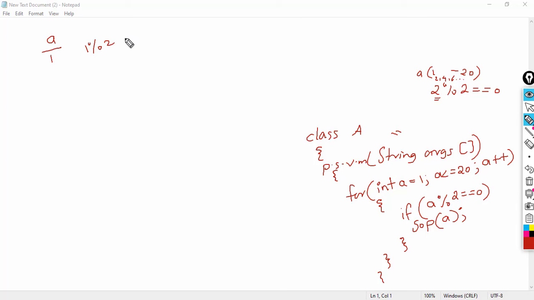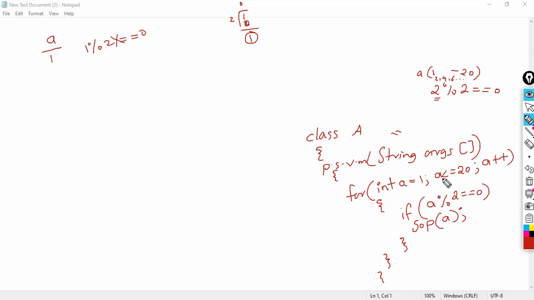What is the remainder of 1 modulus 2? That will be a non-zero value. We can check: the remainder is 1, isn't it? So the remainder is a non-zero value, so this condition is false. So we will not execute SOP A.